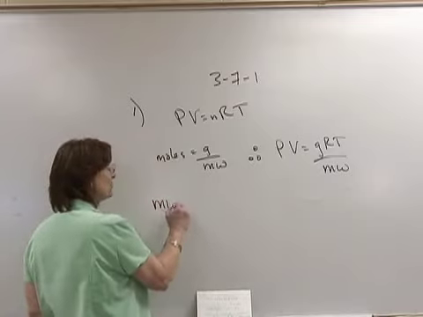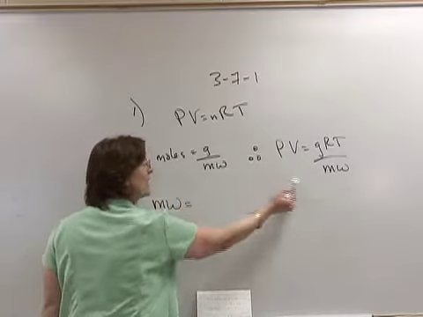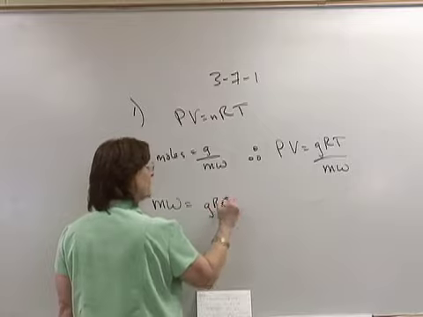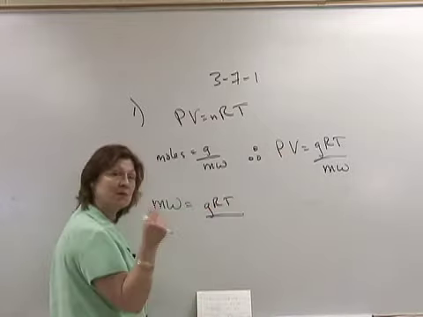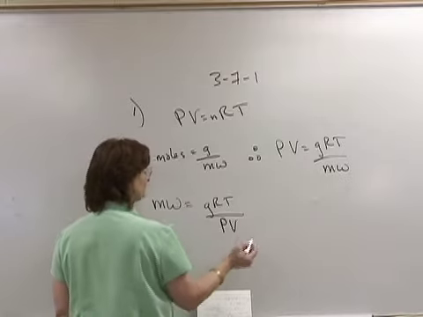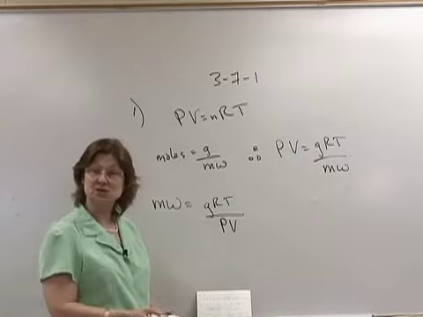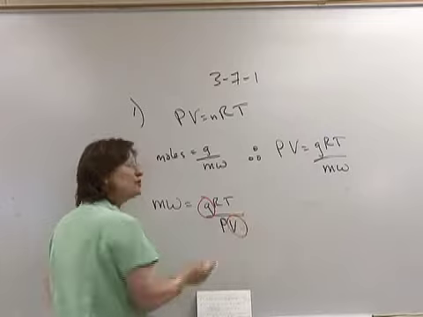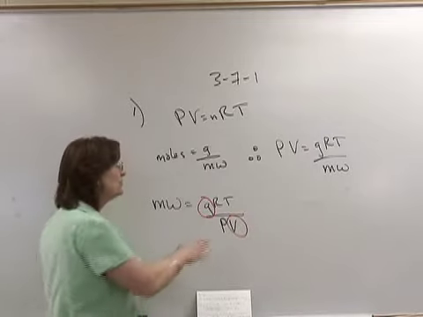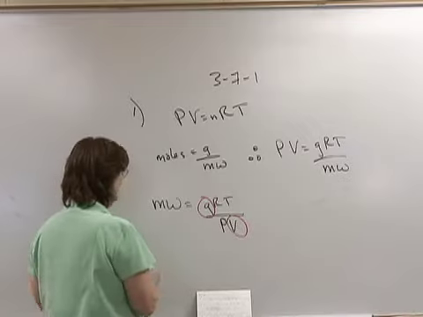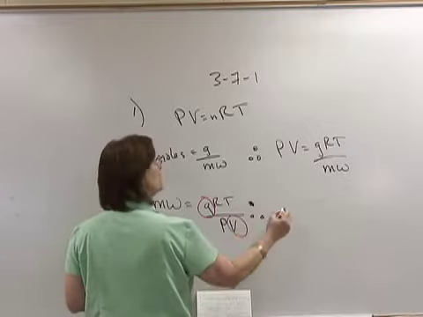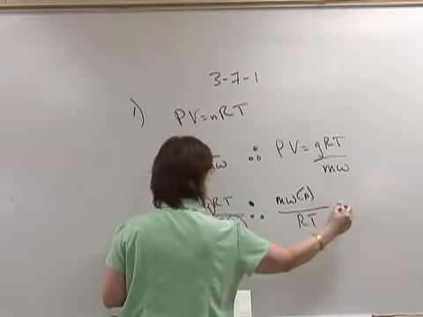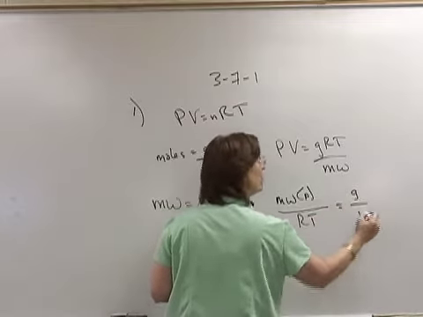Molecular weight, therefore, is equal to, I bring it up, I multiply it under the division, and therefore it equals GRT. Then to isolate and remove the PV, which is multiplied, I undo it by dividing. Now, when I have it in this state, I can solve it for density. Density is equal to mass over volume. So it's already in that form, and now I will just remove the things that are in the way there. Therefore, my molecular weight times the pressure divided by RT is equal to grams over volume,